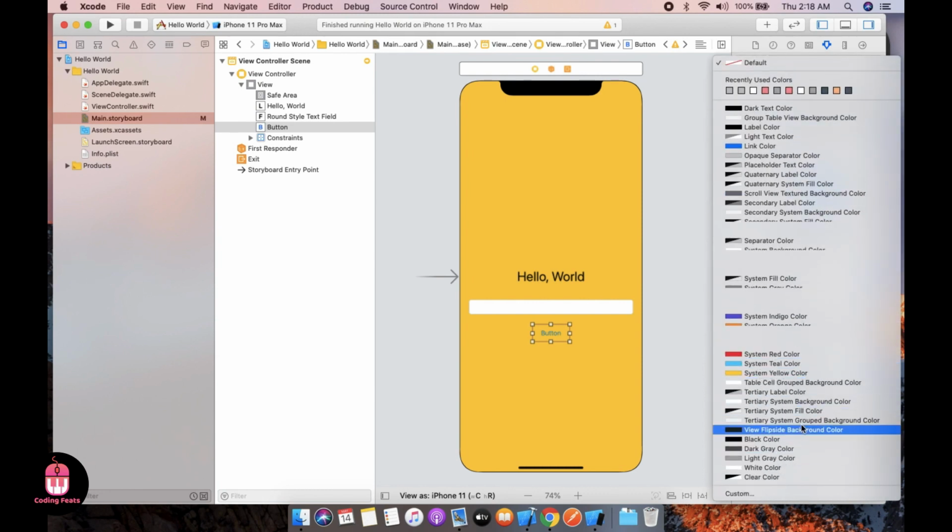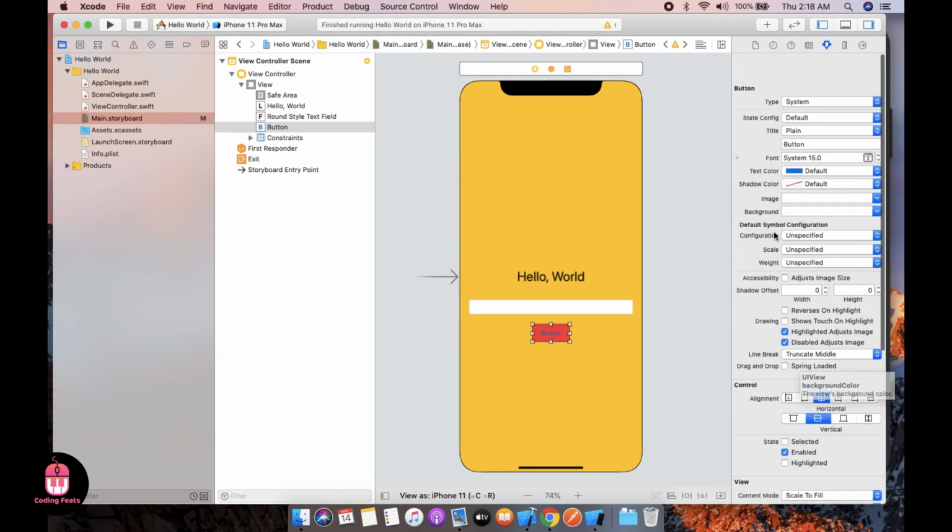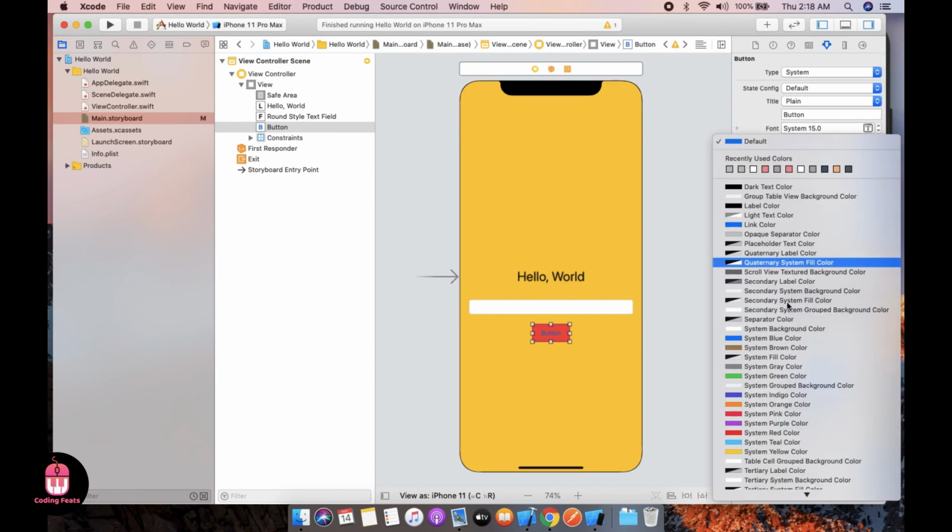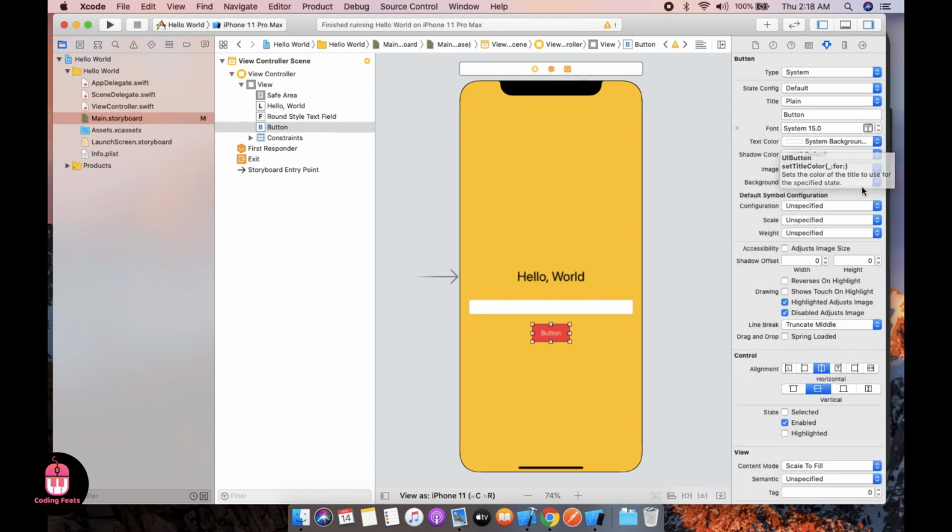So now we can choose red color, and text color is white. The size is very small, so we can increase the size of the button and text size. And the name of the button you can change here, submit.